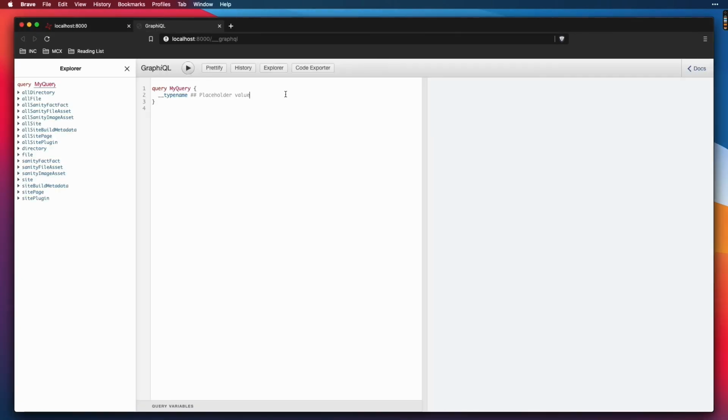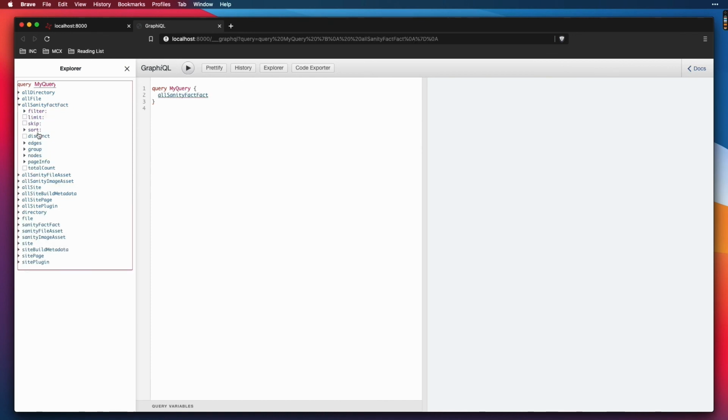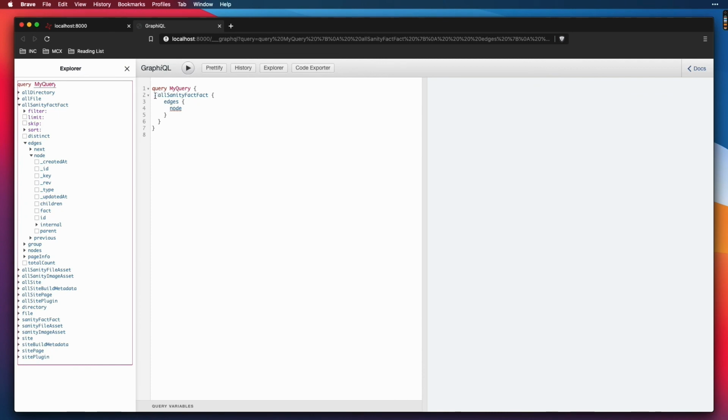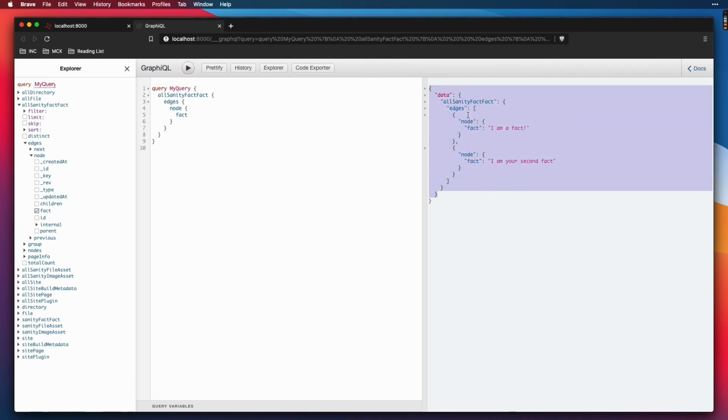So everything still works. And we can see that we now have access to a handful of things from Sanity. So that means that the plugin worked and we're connected. And when you see this fast fact, this is the data type that we created and published in Sanity and found. So that's awesome. That means that not only is the plugin working, but that the data is pulling in as well. So we can build this query out to look for the edges, the node, and then the fact. And so if we go ahead and run that, you can see that we have our facts from Sanity successfully